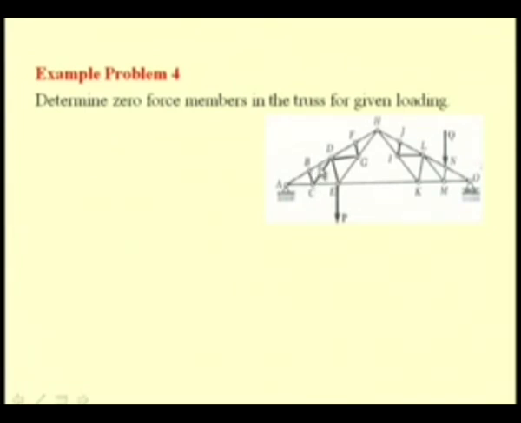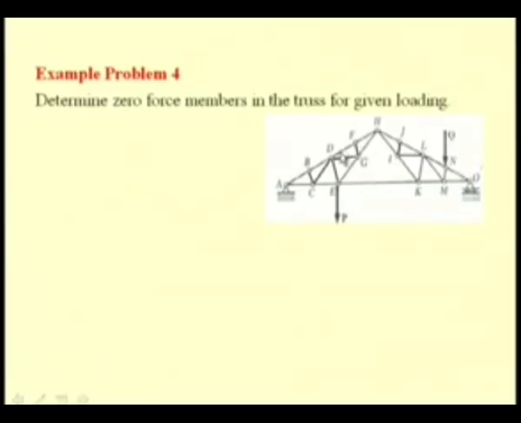So, since there is no member which can take the force in BC, the force in BC has to be 0. The same analogy can be used for this joint at F, where we have DF and FH collinear and FG which is perpendicular to DF and FH. Using the same analogy, the force in FG has to be 0. We again see a similar configuration at J, where HJ and JL are collinear and IJ is perpendicular to both HJ and JL. Thereby, this member IJ has to be also a zero force member,